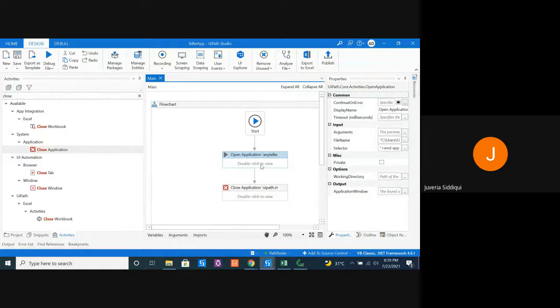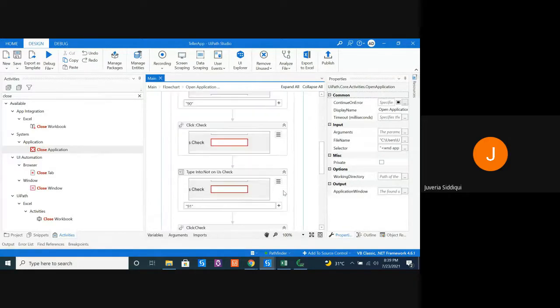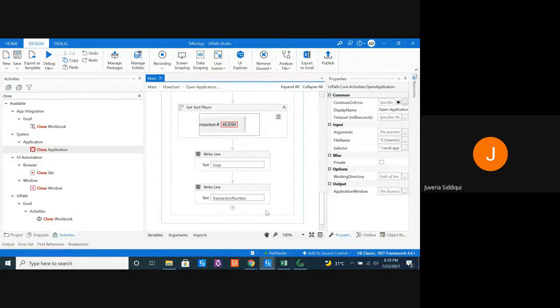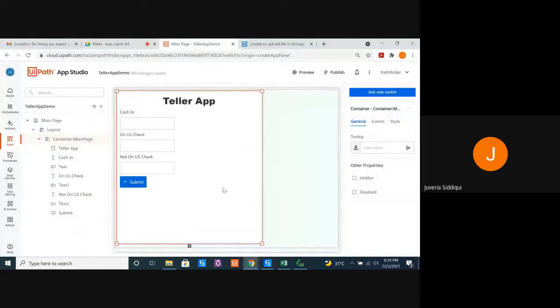In the flow chart, we are also getting the total amount and the transaction number, right? So my employee said that when I click on submit, please give me the total amount and the transaction number. But he also told me that when I get my output, it should not come on the same page. How to help?